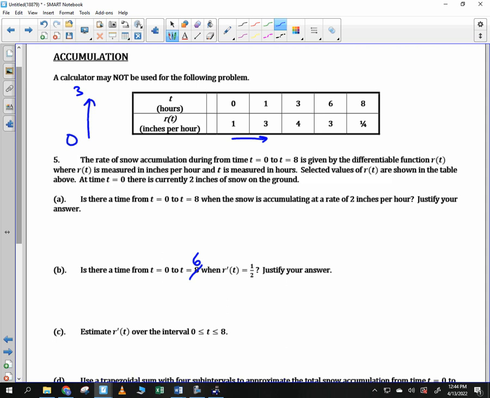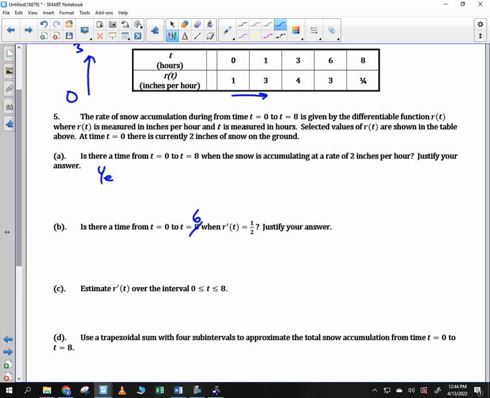So something I've left out is this, and don't get confused when they say it. They'll say that R of t is continuous and differentiable. That means that in order to get from 1 to 3, you have to cross over 2. So in this situation, we will say yes. And it says justify your answer. And in order to justify your answer, we say, because